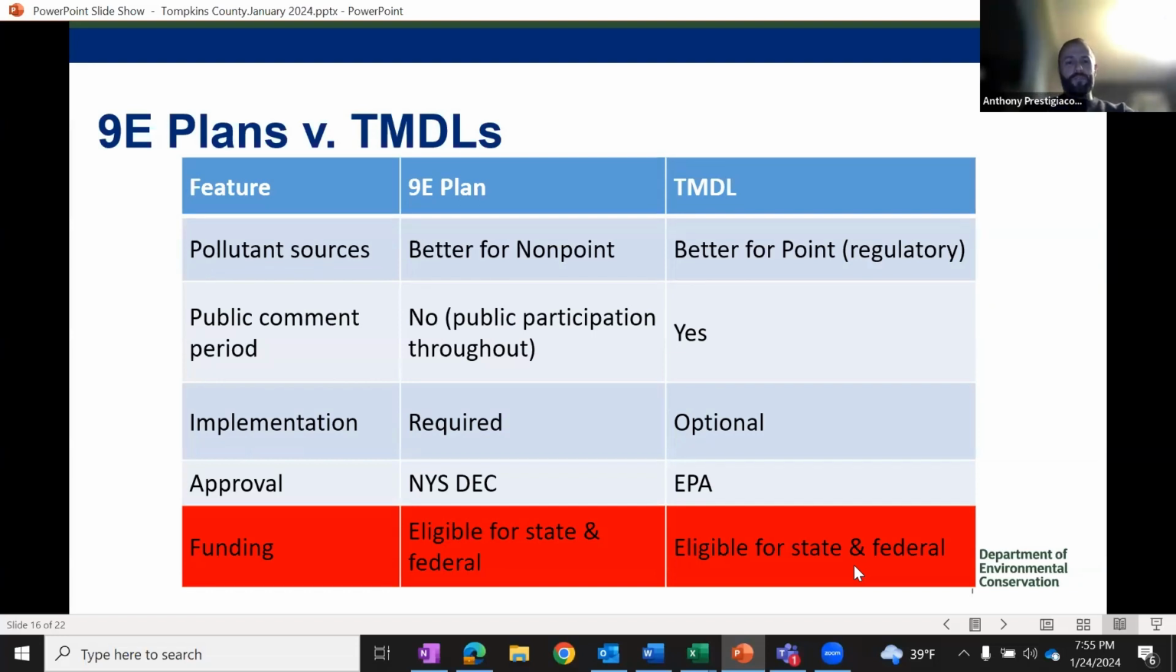9-element plans are only approved by the DEC. EPA does not approve 9-element plans, so the approval process rests with us and our authority. And the completion of a 9E plan makes the watershed in question eligible for state and federal grant opportunities through prioritized scoring for the various categories that Lauren's going to talk about in a few slides. TMDLs tend to be better for point source dominated watersheds, because of the regulatory component and because